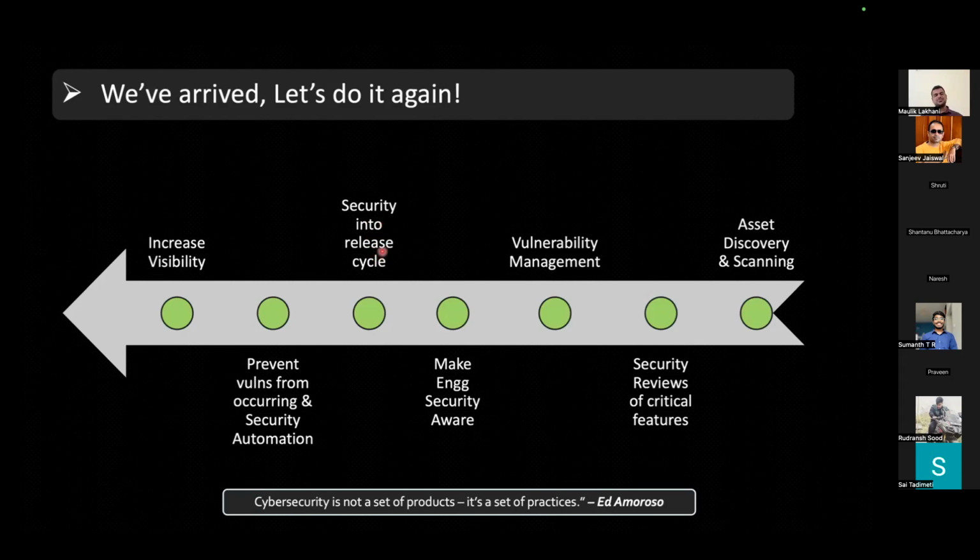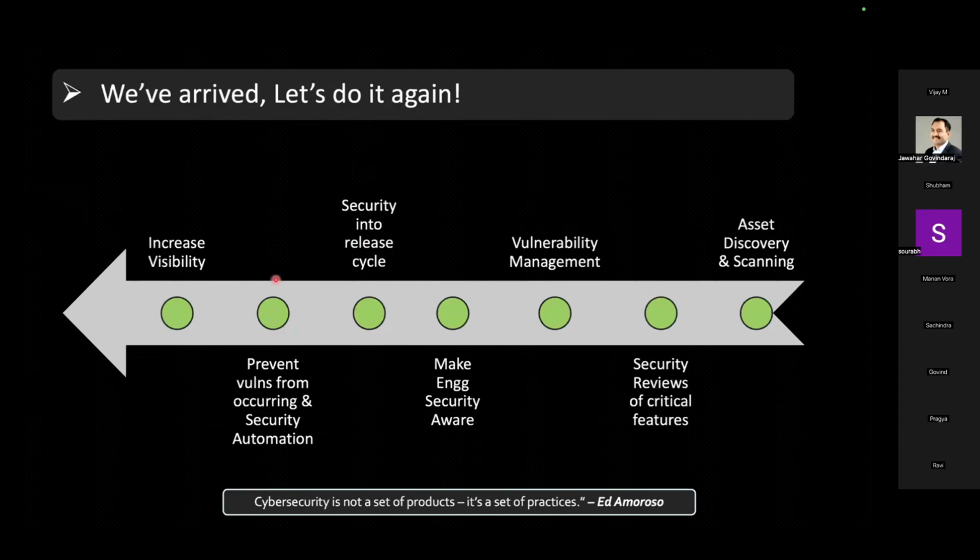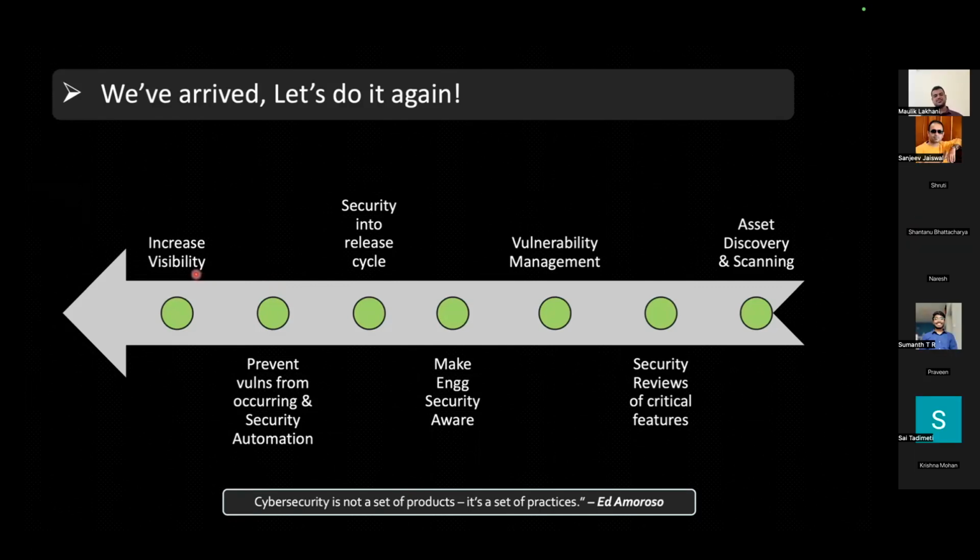So you will keep speaking to people in engineering and the release cycle, and keep doing activities on how you do security automation, how you mold your security automation, how you make changes in your repository so that it is more relevant for engineering, how you keep increasing your visibility, and how you keep showing your impact again and again every quarter, every year, so that you have enough security budget for every year.